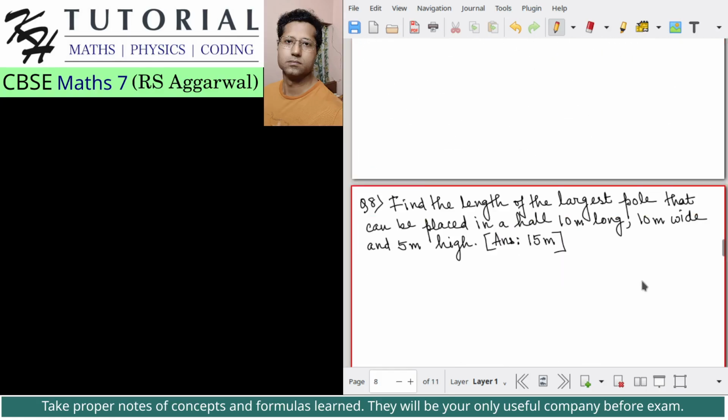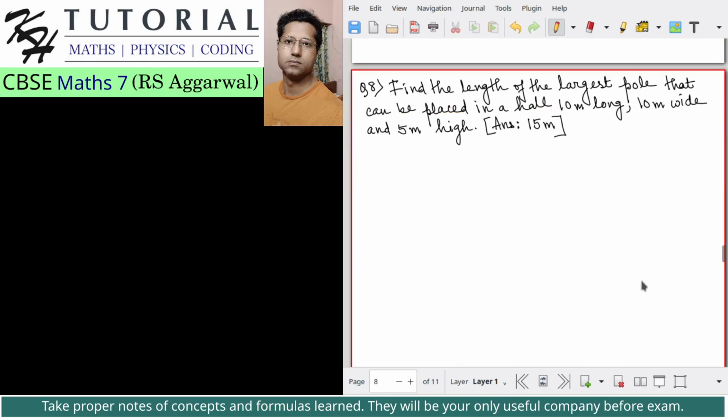Okay, let's do the next problem. Find the length of the largest pole that can be placed in a hall 10 meter long, 10 meter wide and 5 meter high. We can apply the straightforward formula. I have already discussed in the previous video that the length of the longest pole or rod in a room is nothing but the length of the diagonal of the room. So for the room, the length is 10 meter, breadth is given to be 10 meter,